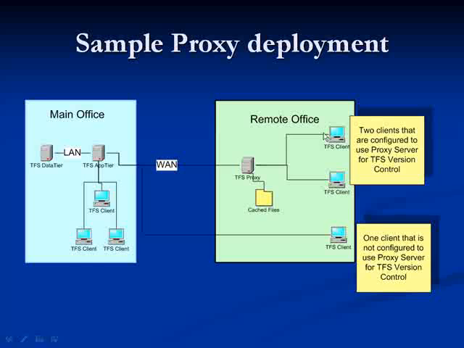Once the clients are configured, any version control download request will hit the proxy. Proxy will try to locate the requested file in its local cache. If the file is not there, it's going to request the application tier for that specific file, download the file,